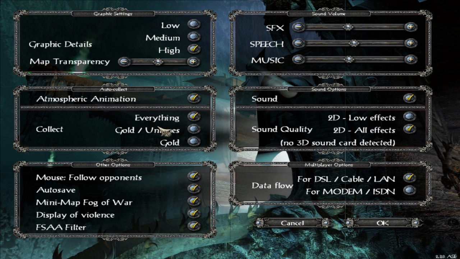So, collecting everything, gold, uniques or gold alone. It's good for the multiplayer, but I think it doesn't work in multiplayer. I'm not sure, I didn't check it out. Now, of course, you have other options like follow opponents, autosave, minimap, display violence, and of course, one very important